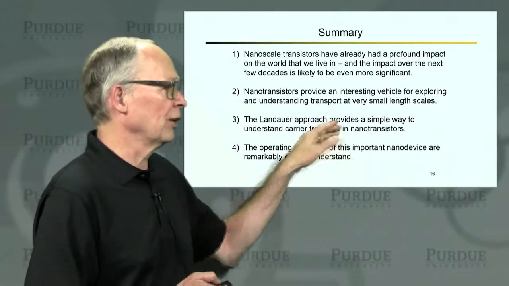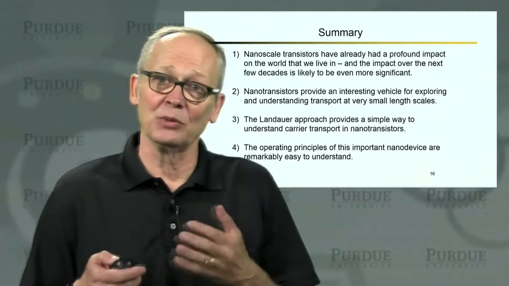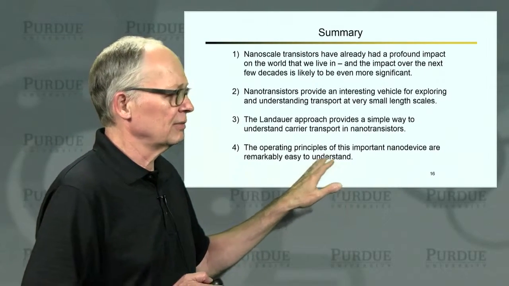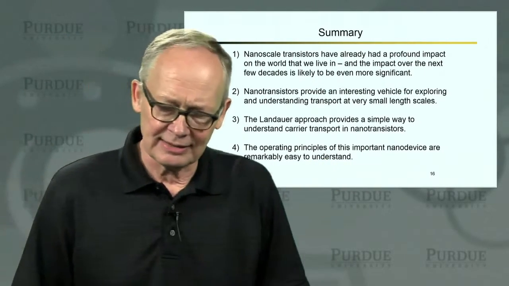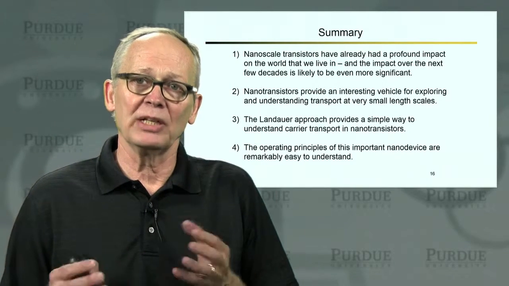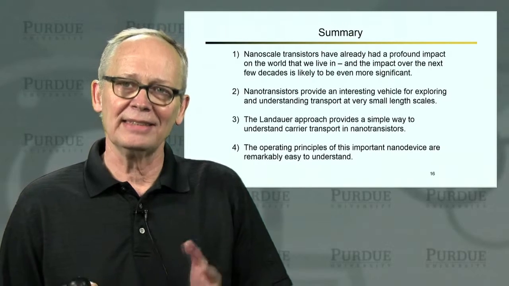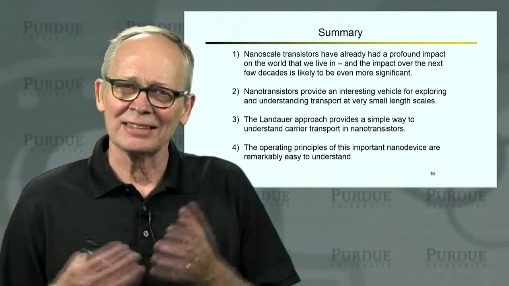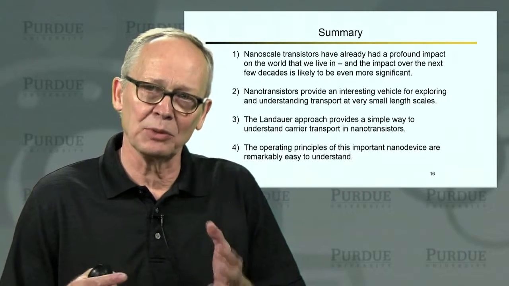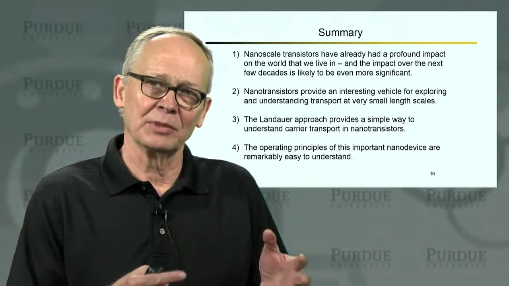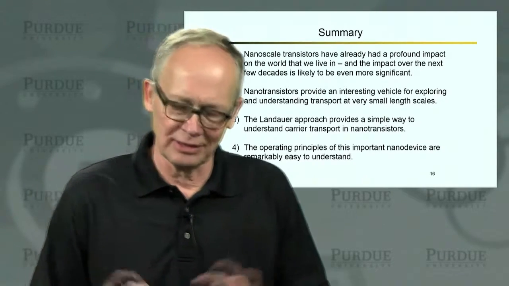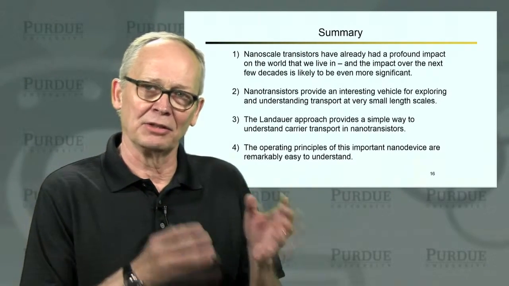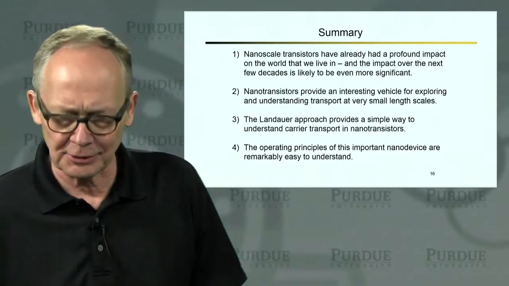We've also learned, I hope, that the Landauer approach provides a very convenient way to understand electron transport in these small transistors. And I hope you've taken away from this course the understanding that the operating principles are really quite easy to understand. They're really as easy as the conventional MOSFET theory that was developed in the early 1960s. Sometimes it takes people a little while to get comfortable with them because the concepts are quite different from the traditional concepts, but they're no more difficult and it's no harder to treat a nanoscale transistor properly than it is to derive the IV characteristics of a long channel transistor.